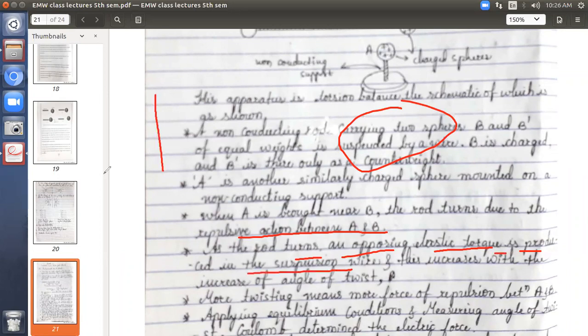The wire is hanging like this, the rod is attached like this. So there is a torque produced in the suspension wire, and the wire, which is tied here, will start deflecting. You can even do this experiment at your home. Take two metallic balls, maybe hollow balls which kids use for playing. Tie them to a rod, then tie the thread or wire exactly at the center of the rod, maintaining the equilibrium condition.